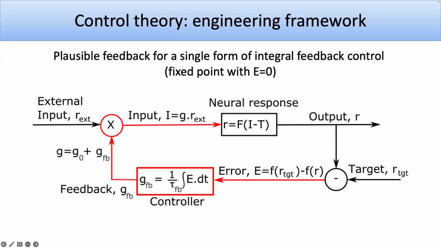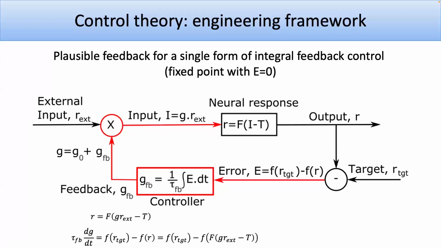But the idea is, some system has external input. There's some way of changing the gain to that input. Then the system has a response. Here it would be the firing rate of a neuron. And there's some target response, okay? You compare the response with the target, and you subtract the two to get an error signal. Then you feed that error signal back in, and the way it's fed in this type of controller is through integration. Okay, so this can then be seen, the math equations are probably easier for us all to understand.